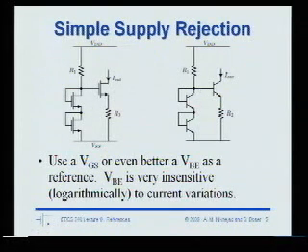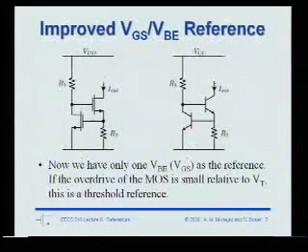If the current increases by 10x, how much does VBE change? 60 millivolts, right? Log of 10 is 60. So 60 millivolts. That's great. That means that the current can vary all over the map, and this voltage is going to be roughly VBE on, right? Plus or minus a few millivolts. And so if I drop that VBE across this resistor, it's going to be a very precise current, right? Okay,